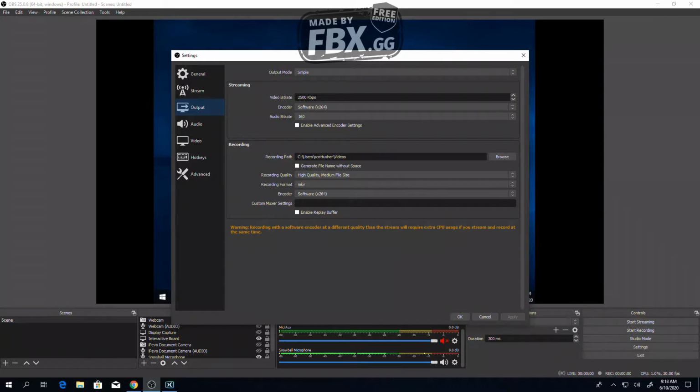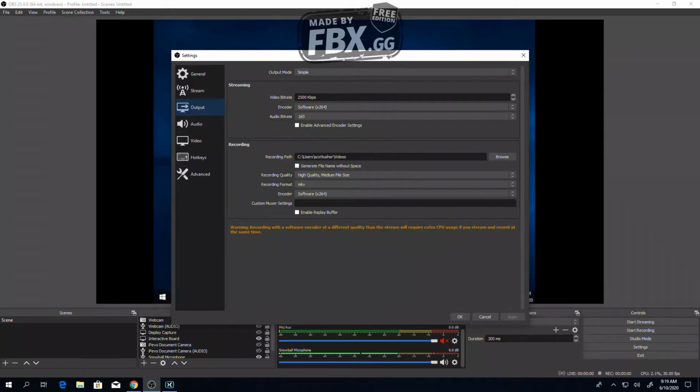One is an MKV file, and the other is an MP4 file. After you're happy with your recording, you'll just be able to delete your MKV file and use your MP4 file to upload to YouTube or place in your Google Drive. If, when you press Start Recording, you don't have the pause button, that means that someone didn't configure your settings